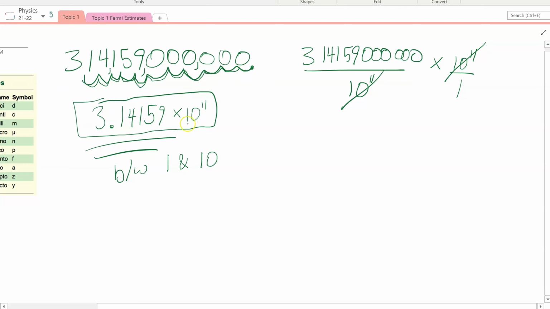Because if you're moving the decimal around and dividing by 10 and multiplying by 10, why not do it so that you end up with a reasonable number out in front? That is not to say, though, that you always have to have a number between 1 and 10 in the front right here. If you have some other reason why it would be convenient to have it be, let's say,